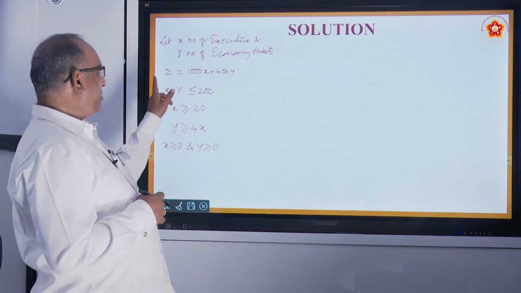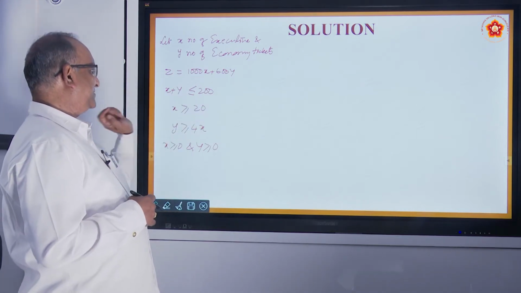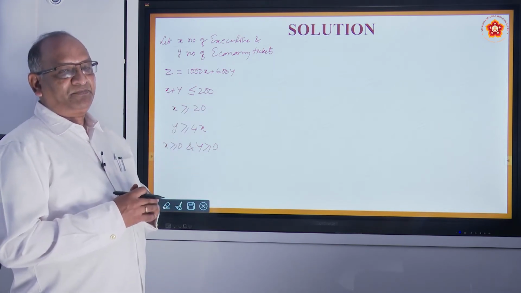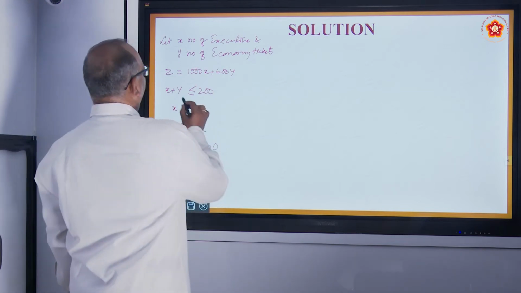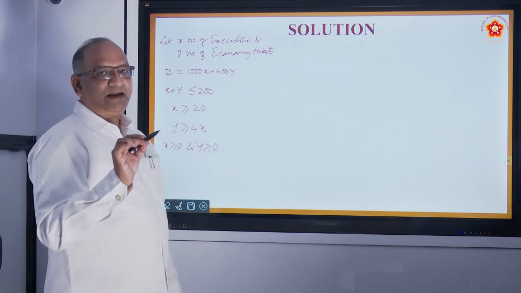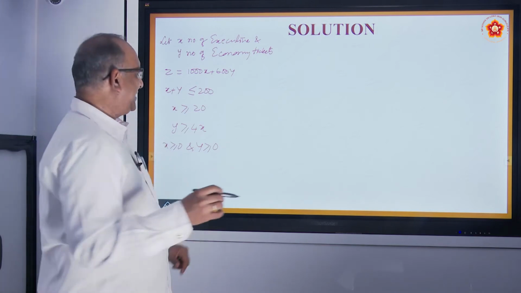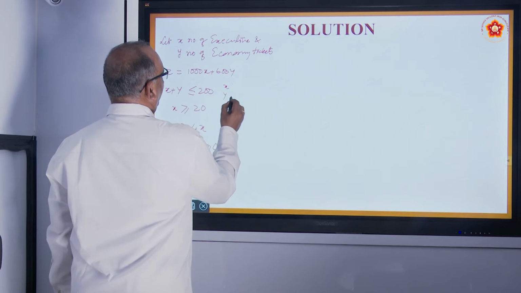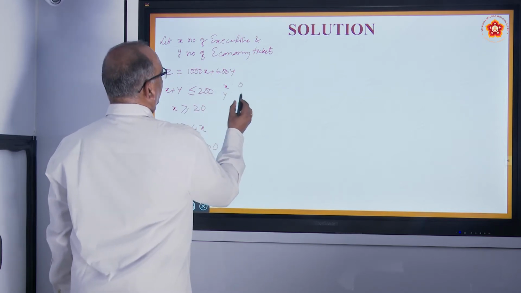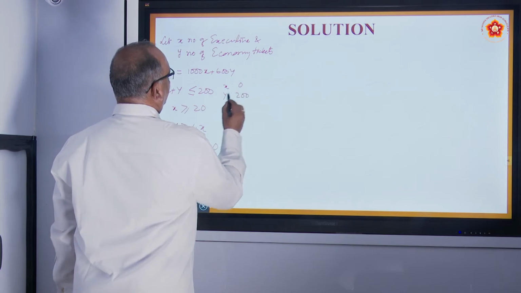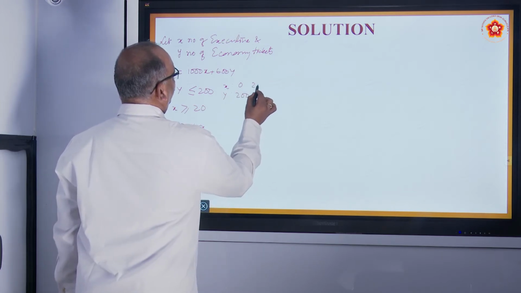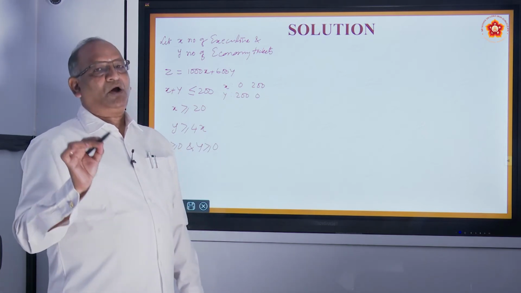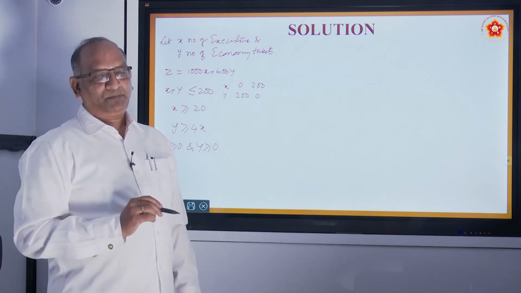So we don't draw this line, we will draw other things. So how do you draw x plus y less than or equal to 200? Just make a simple table. Right now we are not writing it as an equation, we are assuming it is an equation. So here we have x and y. Let us say x is 0, y is 200; y is 0, x is 200. This is good enough. 2 points are good enough to draw a straight line. We don't need to take more points.